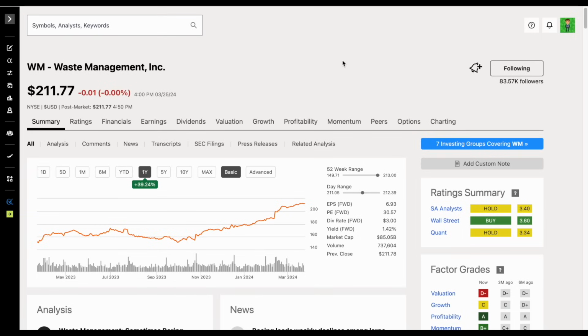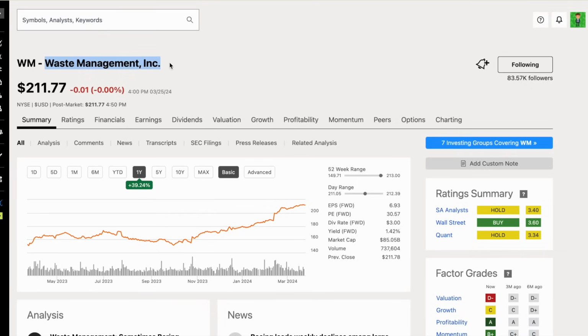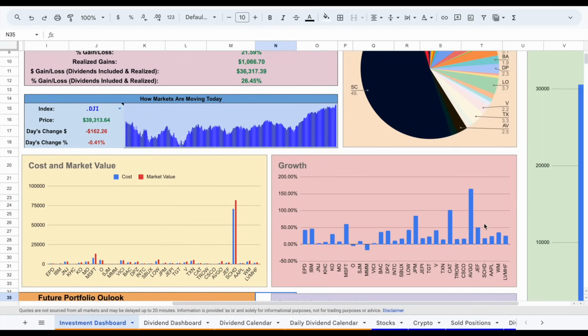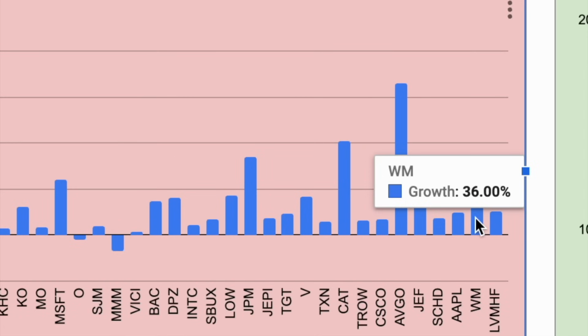Over the past 6 months or so, there are only 2 different stocks that are new positions in my personal portfolio, and one of those stocks is Waste Management, stock ticker WM, currently trading at $211.77. If we jump over to my do-it-yourself investor toolkit, which you can download on tickerdata.com, and zoom in and come over here and look at this growth chart, we can see Waste Management is a position I'm currently up